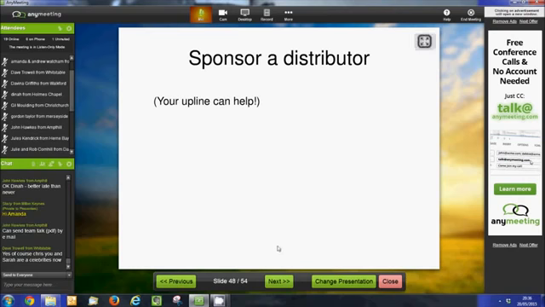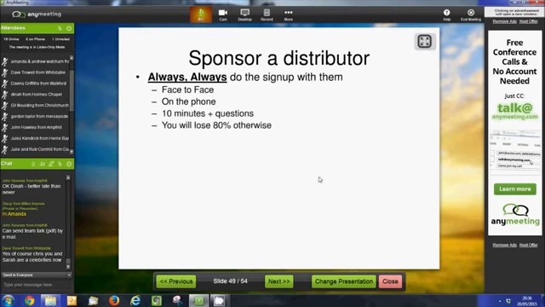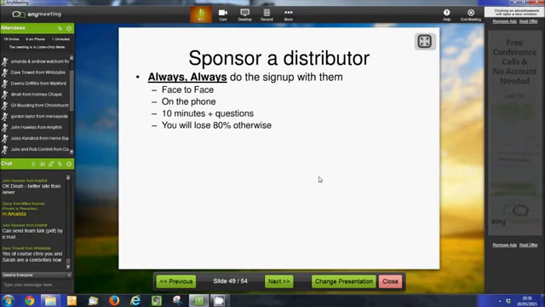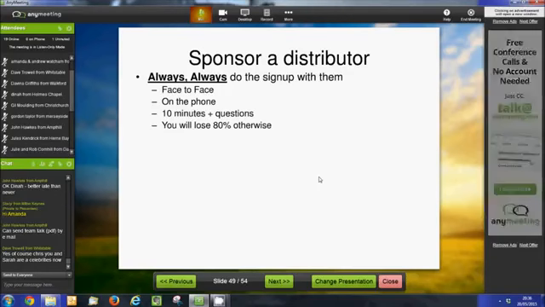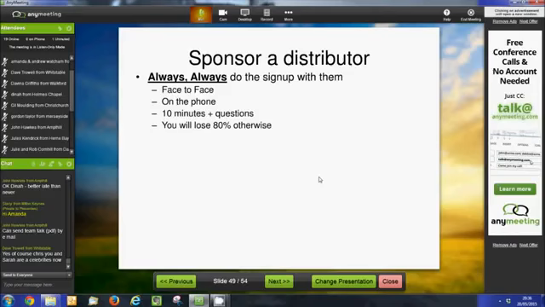And it's fairly simple. Your upline can help you with this now. And always do it with them though. I've had people say, "Oh yeah, just send me the link and I'll fill it all in." It's much easier now than it was a year or so ago. But either doing it with them face to face or on the phone will just speed it up and make sure that if they do have any hiccups or queries as they're going through, you can sort them out for them. Typically, it will take you about 10 minutes, plus a little bit longer maybe if they've got questions.